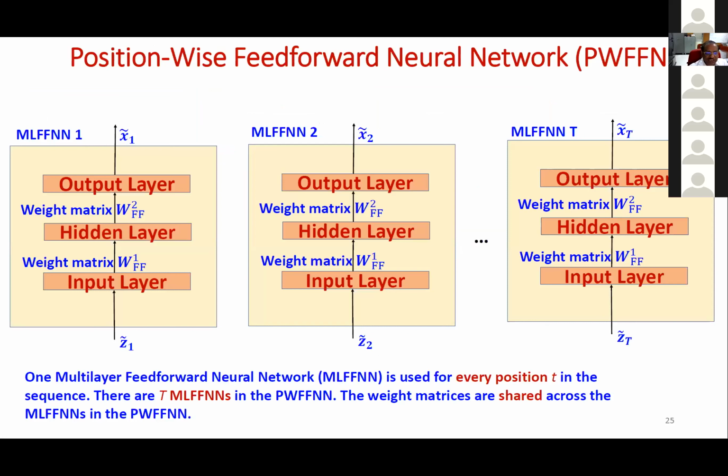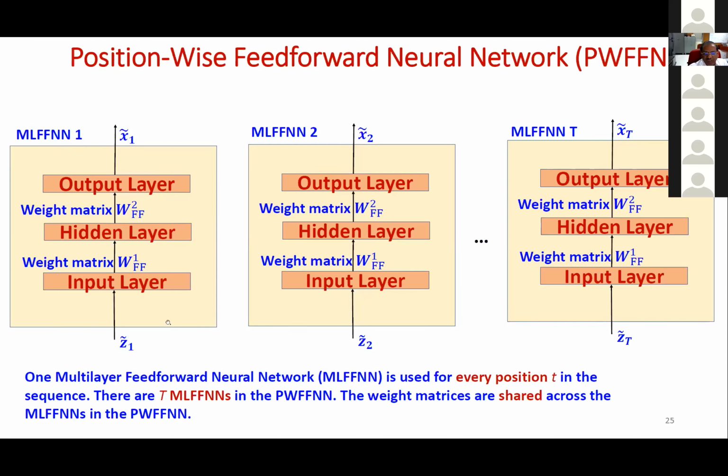And as we'll see quickly, we also perform one more kind of transformation using what is known as the position-wise feed-forward neural network. So earlier we got one representation for every element in the sequence. So for X1 we got Z1, for X2 we got Z2, and so on, right? So we pass this Z1 through a multi-layer feed-forward neural network, mainly because whatever we've done in the multi-head attention